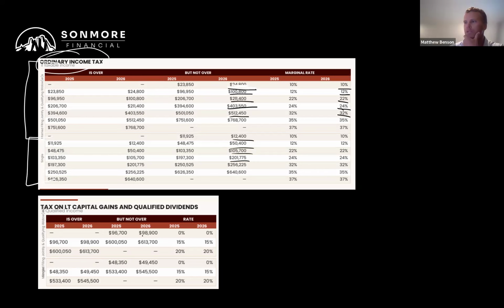Long-term capital gains rate, you can see if your income is below 98,000, your long-term capital gains rate is 0%. Your 15% long-term capital gains bracket is quite large. So basically the next almost $500,000 is taxed at 15. If we're above that, then it's taxed at 20. So important to know these things, because if you are trying to take distributions from your investment accounts,